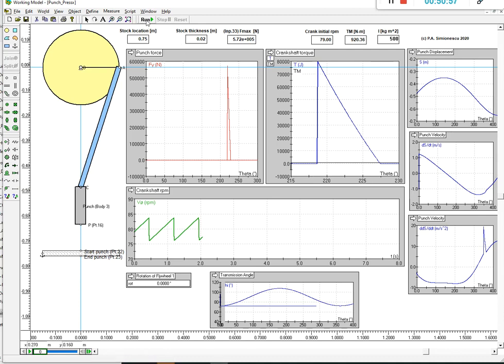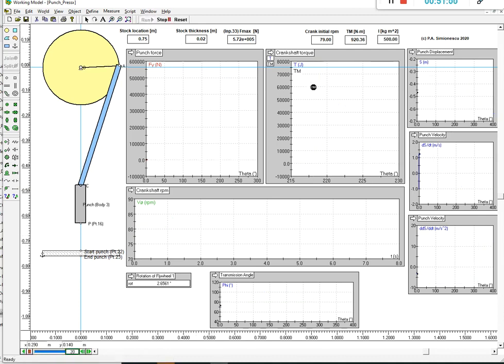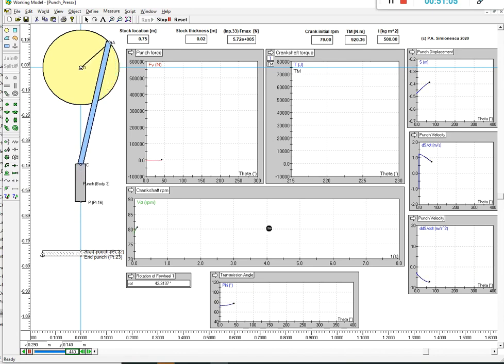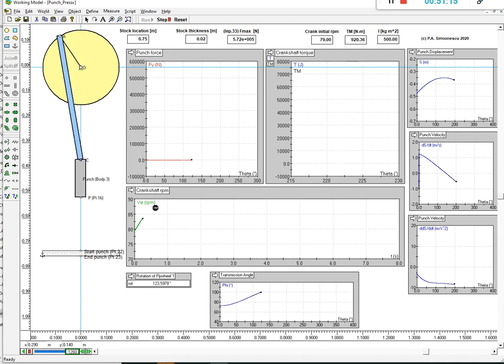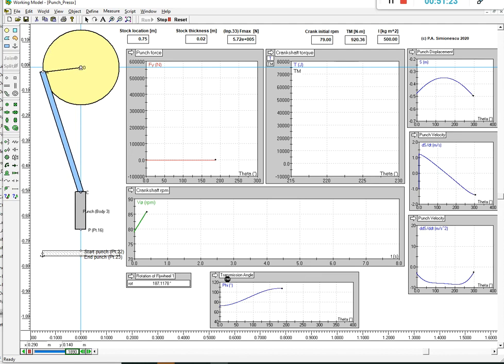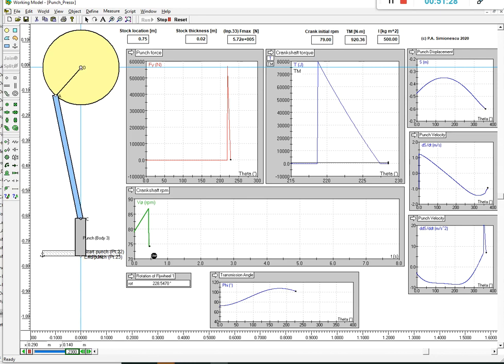So you would see that it's accelerating, catching up speed, more speed, and then slows, and RPM drops more. That is, the amplitude of the zigzagging will be increased, equivalent to a higher coefficient of speed fluctuation. So, more speed right before the punch, more drop in speed right after the punch, due to the different moment